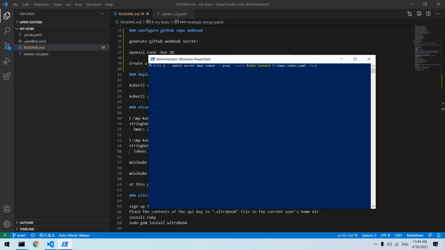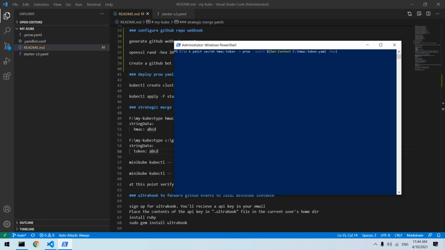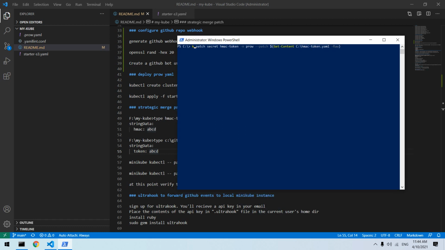Let's give kubectl patch. Okay, kubectl patch with a token from a file. It says no change.